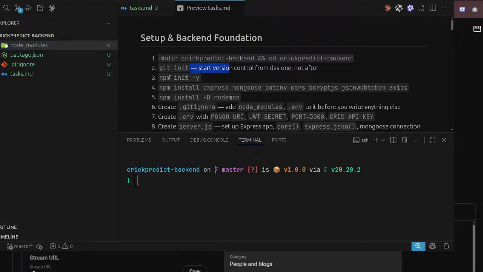We've done this. Okay, create .env with Mongo URI, JWT secret, port, Cricket API key. I don't know what the Cricket API key means. I think it's pretty much about the cricket scores. Let's create this one.